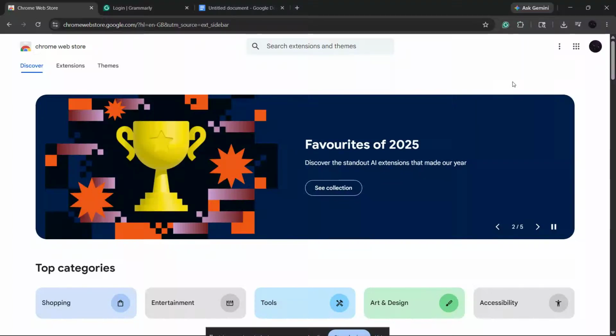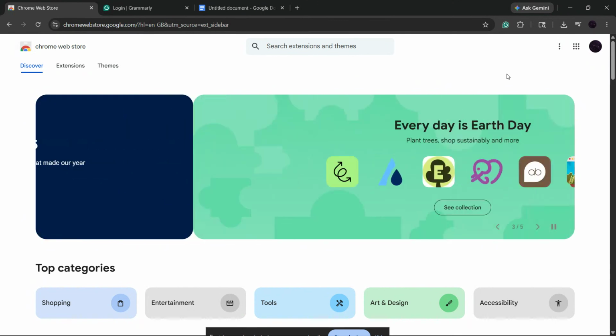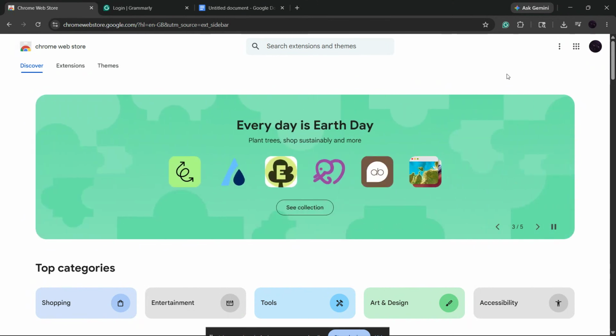Today I'm going to show you how to use the Grammarly extension in Chrome, step by step, so you can start writing with better grammar, clearer sentences, and fewer spelling mistakes in minutes. If you write emails, documents, posts, or messages in your browser, this is one of the easiest tools you can